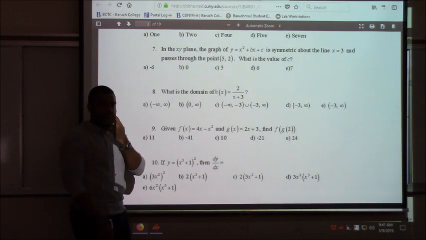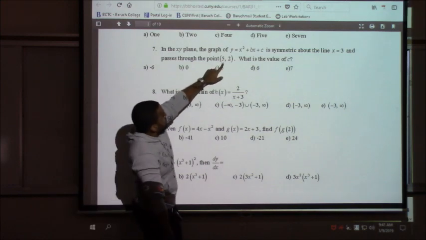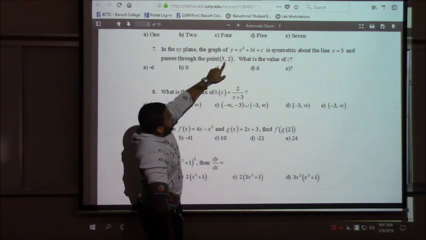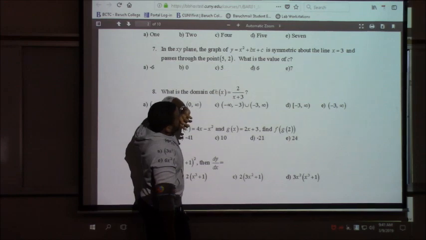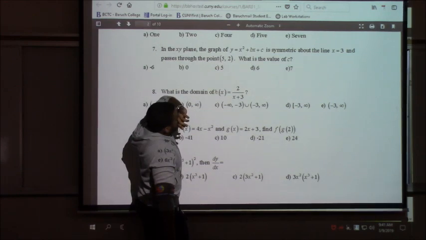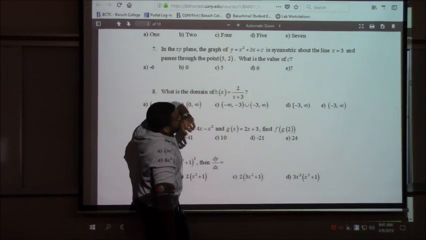Yeah, what did you try? Just plug it in, given the point. Plug it in where? Into the x squared plus x plus c. What would your equation look like? It would be 2 equals 5 squared plus 5b plus c. Yeah, 5b plus c. All right, so you'll get that equation and then what? And then you solve, and then you'll